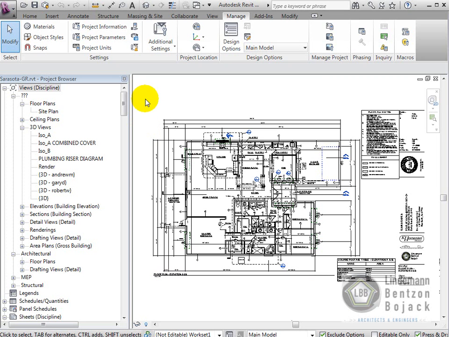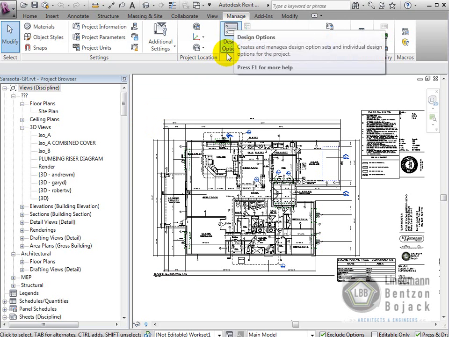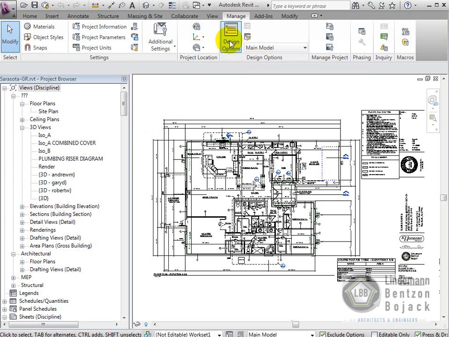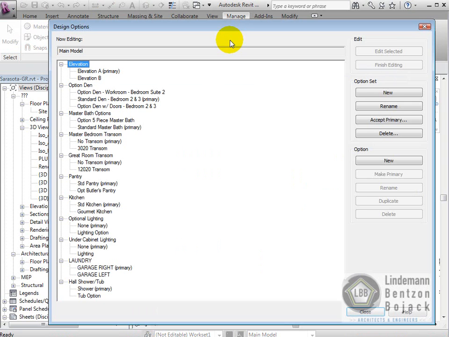In this lesson, we're going to take a look at finalizing and selecting design options so that we can create a lot-specific Revit model and set of construction documents. So the first thing we're going to do is take a look at what we have to do to the design options. So in the Manage tab on the Design Options panel, we're going to select the Design Options tool,